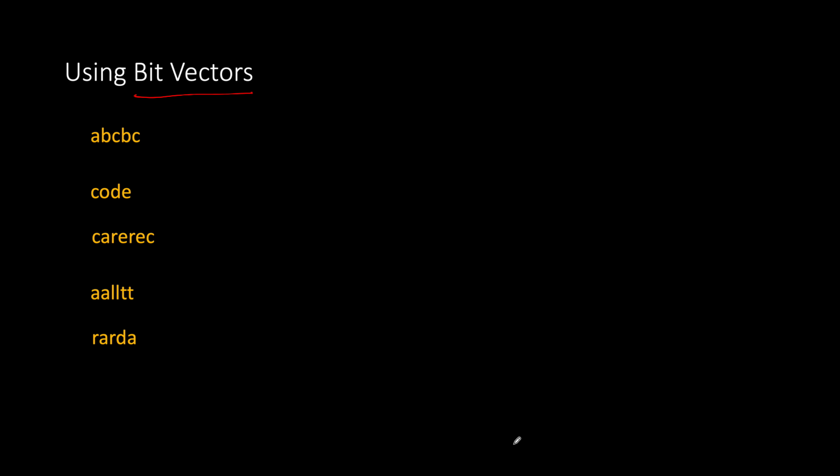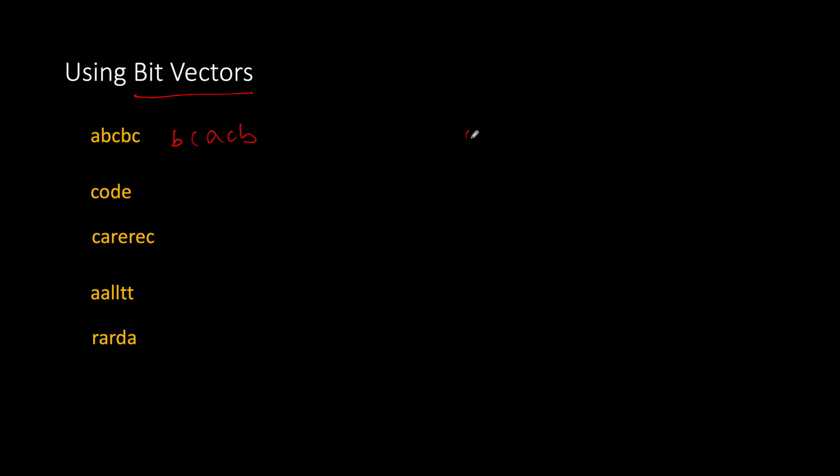Since we have taken input as English lowercase characters, which means 26 characters, we can maintain 26 bits in an integer, and whenever we encounter a character, we flip that bit position, and at the end we check how many bits are on in that integer. If there is more than one position which is on, then it cannot be formed as a palindrome. So let's take an example. Here ABCBC can be formed as a palindrome by BCACB.